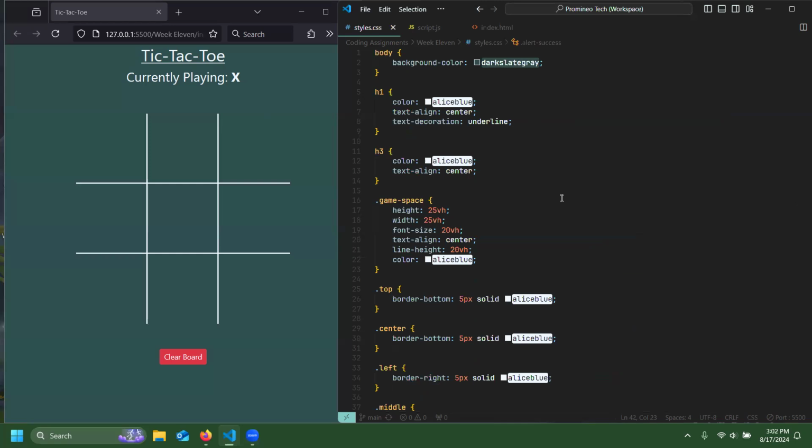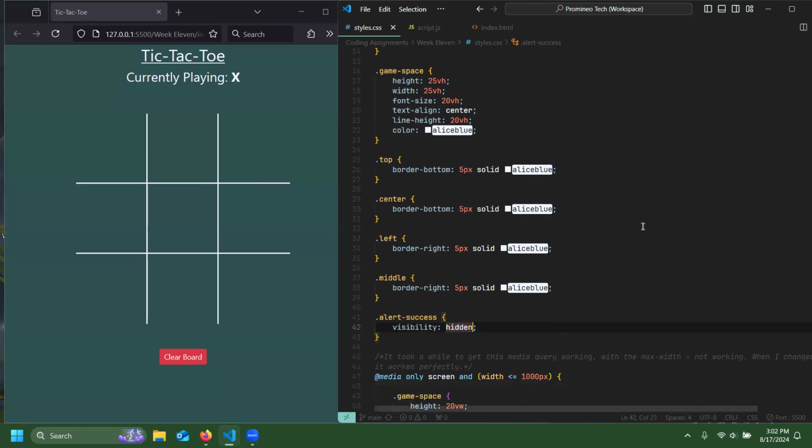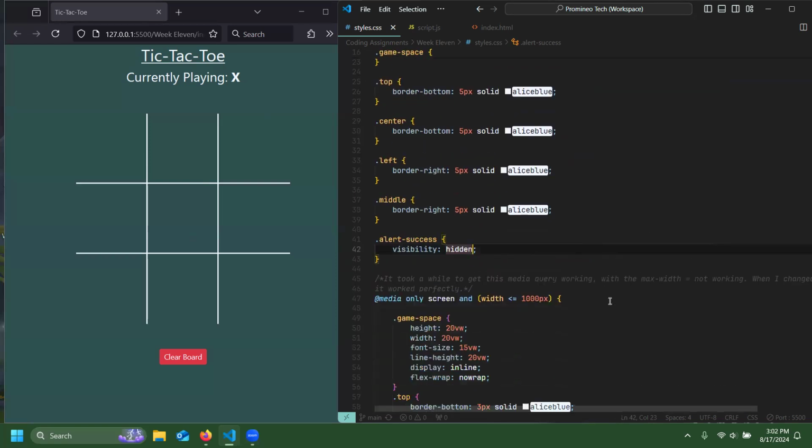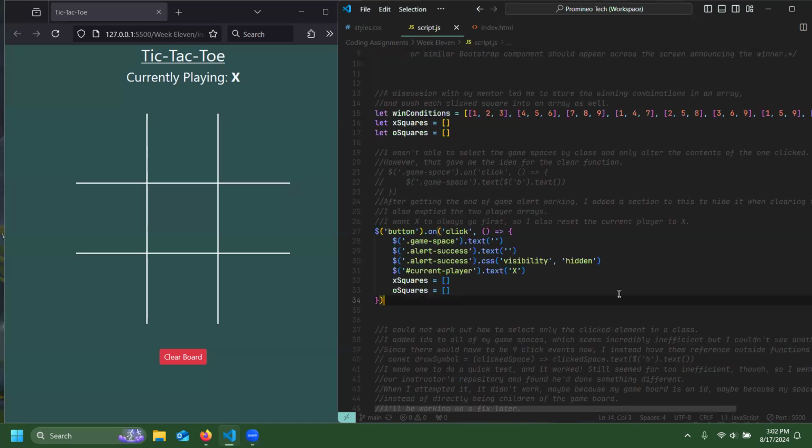My own CSS includes sizing the game spaces, adding borders to them, choosing the colors for the site, as well as hiding the alert with a media query so that the game board displays correctly no matter what the screen size is. For the JavaScript,